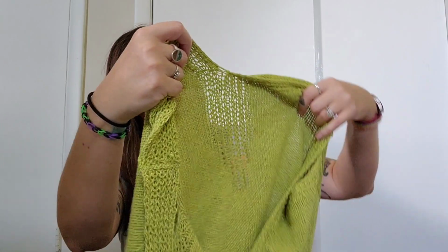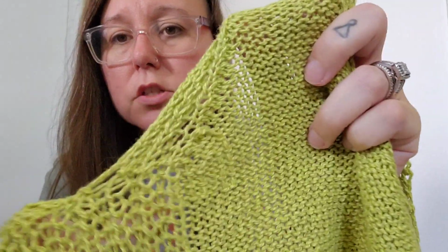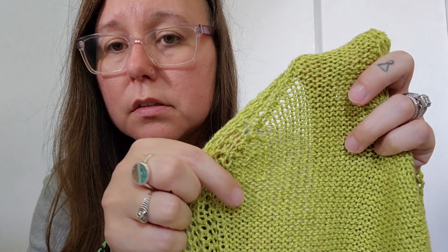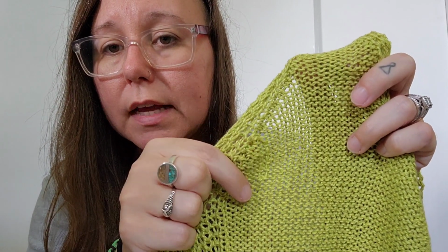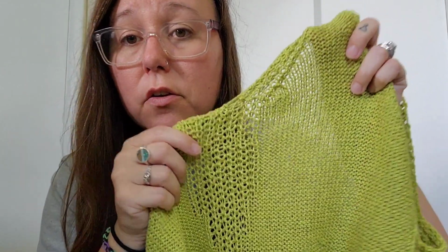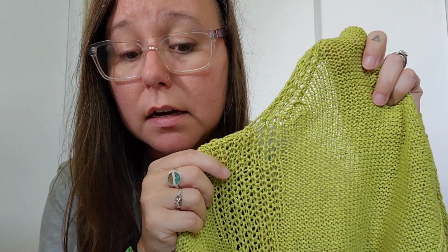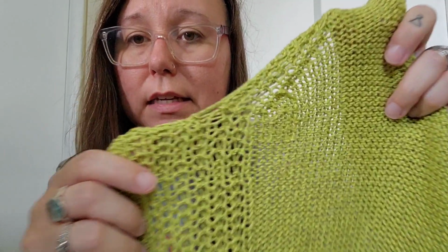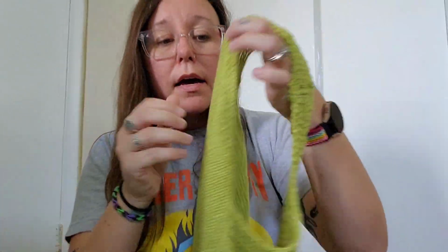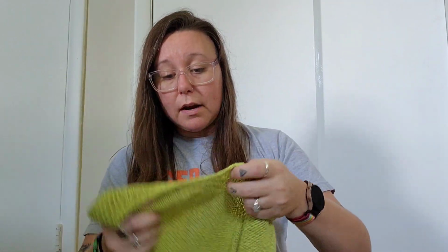Let me find the other. This is my preferred method of weaving in. This is what I did on my other linen garment. So when I did it, I wove it down bumps, over, up bumps, over, down bumps, over, up bumps. So yes, on the back side, the inside, you can see it. But against your body, and you're wearing it,